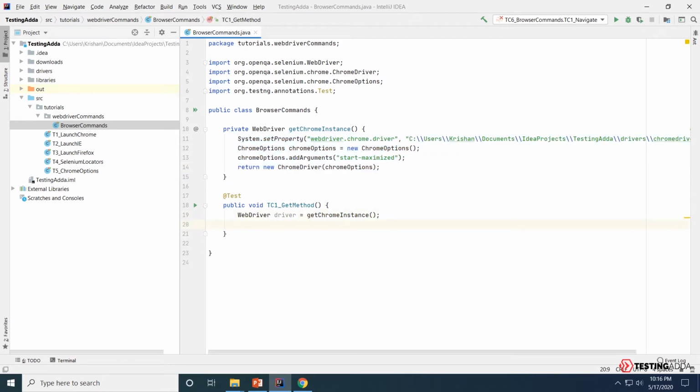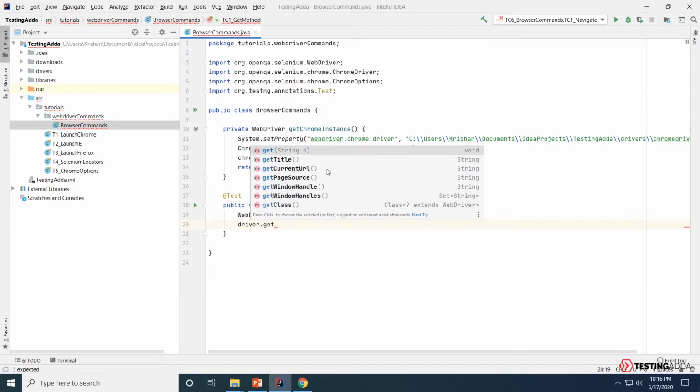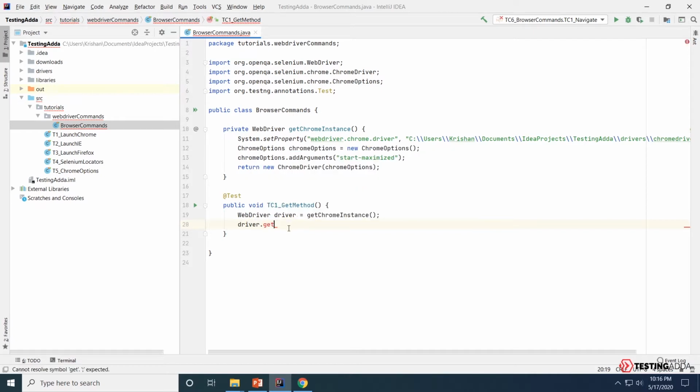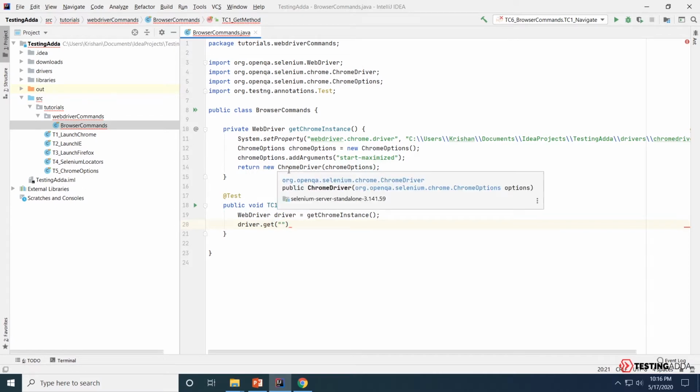Now, as we discussed, we'll be using the get method to open a URL. So we'll type driver dot get. This is the method we were talking about. This accepts a string parameter and returns void, that means no value. So we'll go ahead and pass a string that is going to be a URL.